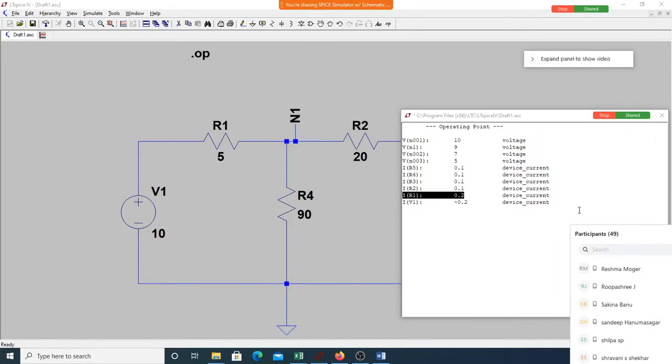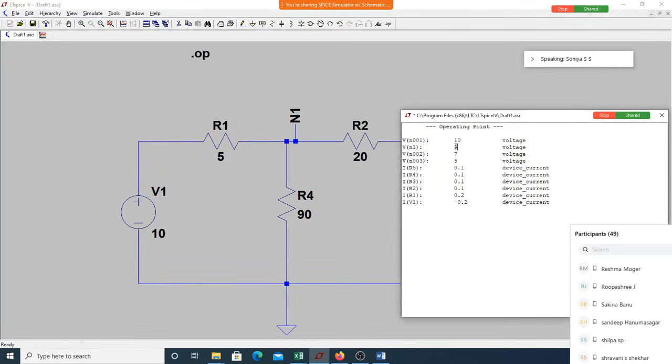What is usually the voltage across a resistor? It is the voltage difference across either terminal. Am I correct? Yes, sir. Since it is a voltage difference, you look at the voltage on the left hand node of your resistor R1 and the right hand node of your R1. Correct? That is the voltage drop. How much is the voltage on the left hand side? It's 10, connected to the source. It's 10. How about this?